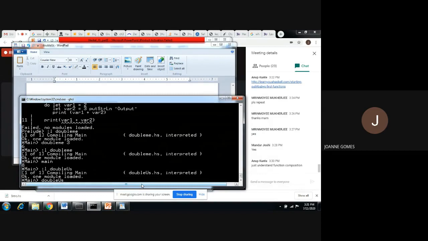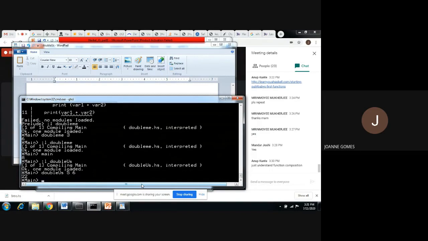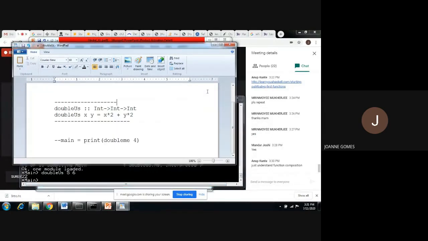And now we have to give two arguments. So we will give 5 and 6. Let's see if it works. So what it did was addition. What have we written? It doubled the first number, doubled the second number, and gave the addition. So 5 into 2, 10. 10 plus 12, yes, 22. Right. So it gave us this particular output.